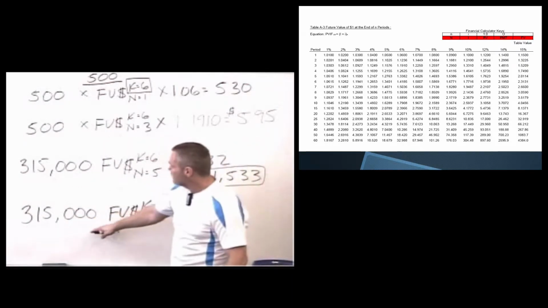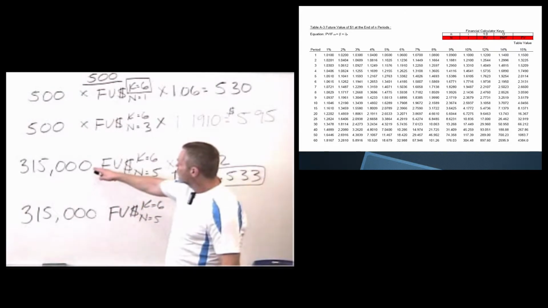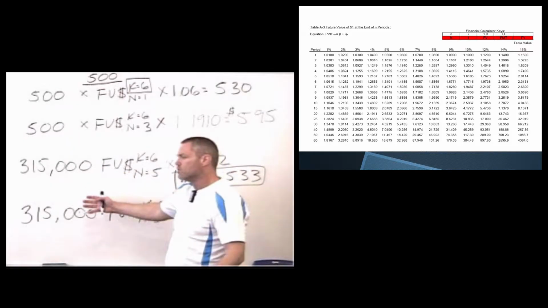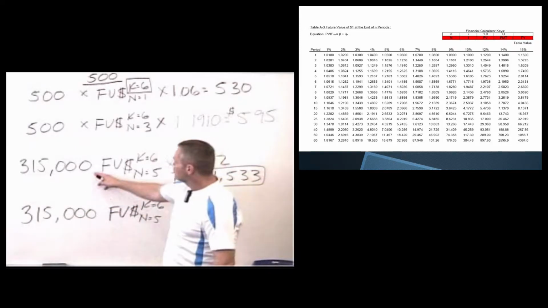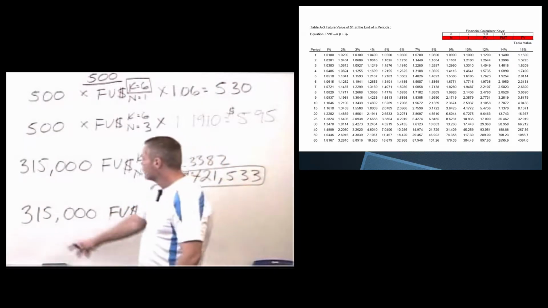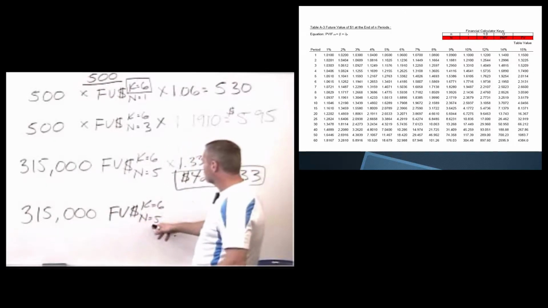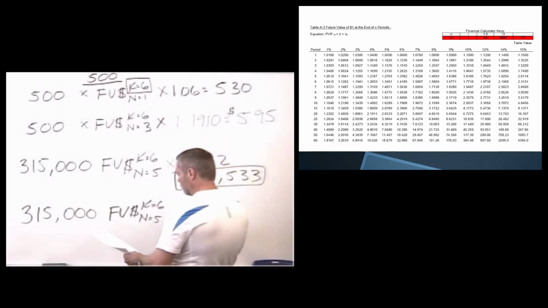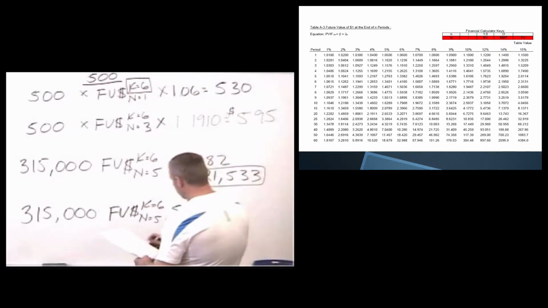So how much is our house going to be worth at retirement? Most likely, whatever this starter house is, you will have bought another house, you will have traded up, you will have moved, all that's true. But you don't need to do that for this project. Just keep the same number, like you lived in the same house for 30 years. Okay? So we're going to take $315,000 times future value of $1, K equals 6, N equals 5. And that factor is 5.7435, which gets us a value of